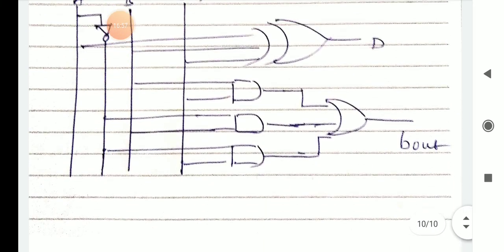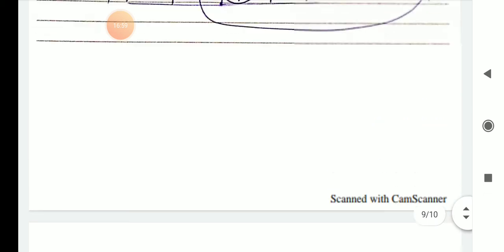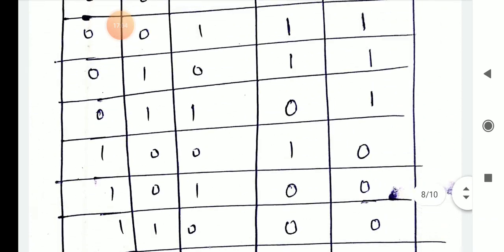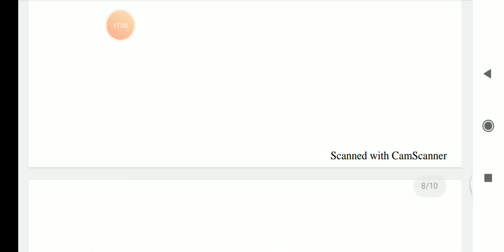I hope you people are understanding this concept in ALU, arithmetic logic design. Today's class, I will repeat once again: in the half subtractor you have 2 inputs and 2 outputs. In the full subtractor you have 3 inputs and 2 outputs. In the half subtractor A and B are the inputs, and difference and borrow are the outputs, and in the full subtractor there are 3 inputs, A, B and Bin, and the outputs are difference and borrow out.